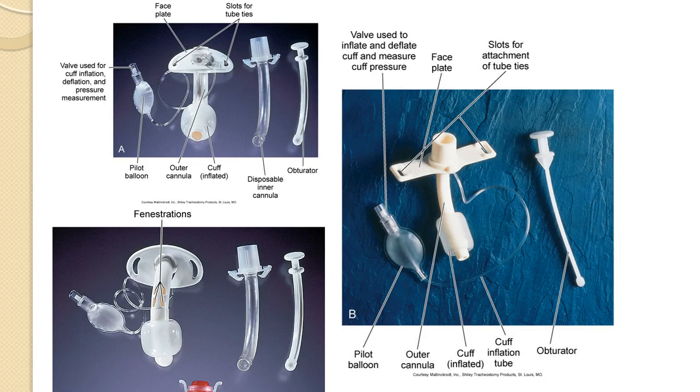And it's also important that when your patient has a tracheostomy, you have another one of the same size. They do come in sizes. A 7 Shiley trach is probably one of the most common sizes. So if that's what your patient has, you would have another size 7 Shiley there at the bedside in case something would be wrong with this. We would have it right there available, so the physician could definitely